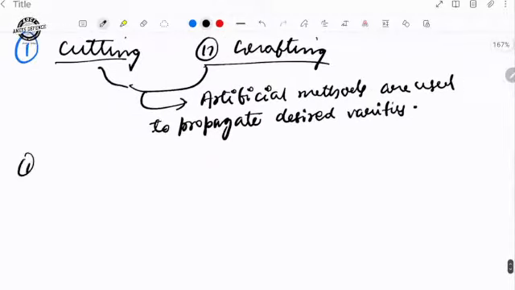First we have to understand cutting. Cutting means simply, you can understand from the word only: we cut parts of the body. We take a small piece from any vegetative part of a plant having one or more buds. You should check that the part we are cutting has buds or not, because the bud is the only one that is going to divide and further develop into a new individual, means a new plant. So we should have that bud in the body part which we have cut. Understood? So in cutting we can write as